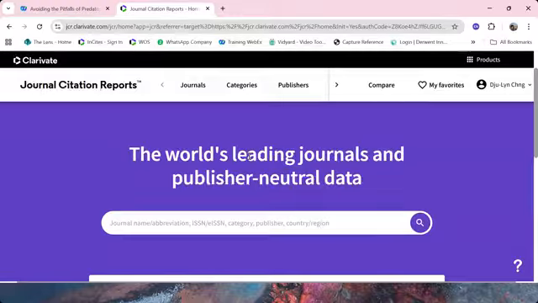What do I mean by this? It means that if you see a business journal, the journal impact factor might be far lower than a journal in physics. So a journal in physics might have a huge GIF, and the reason is because of the citation behavior. So usually physics disciplines get more citations, and therefore your journal impact factors become higher. Okay.